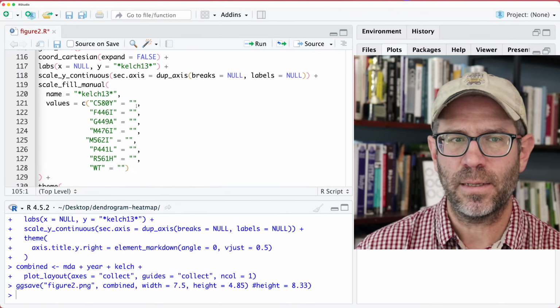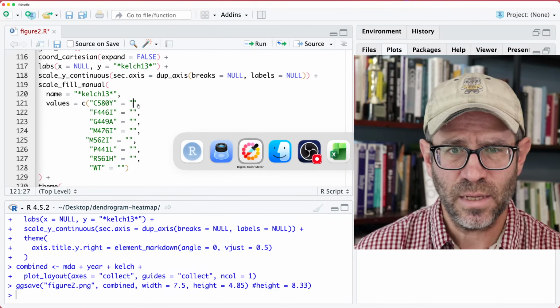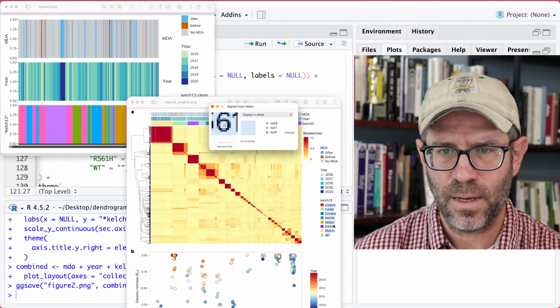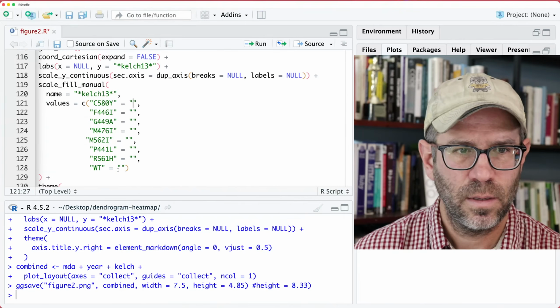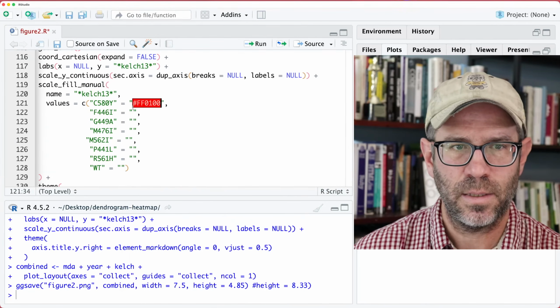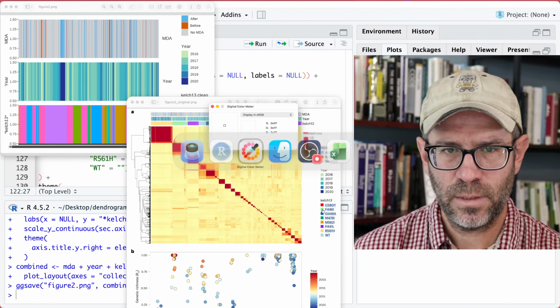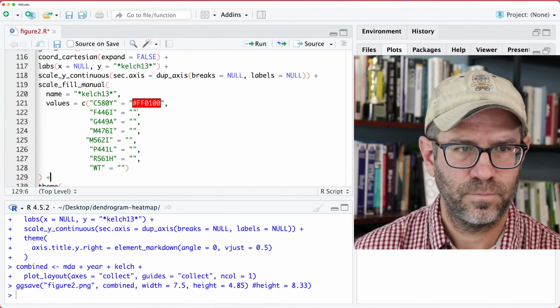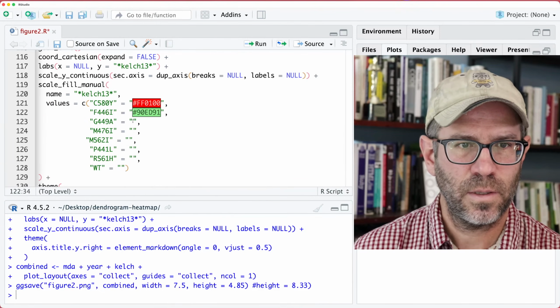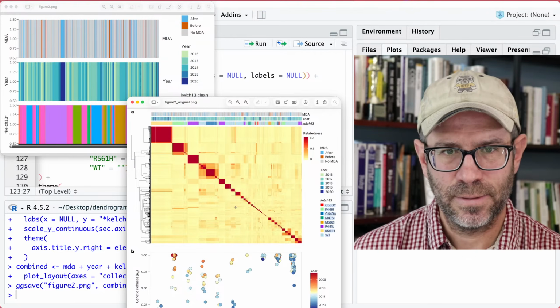The other is to make it a named vector. And so again, if I come in here real quick and get this red in here, and then this green, like that,